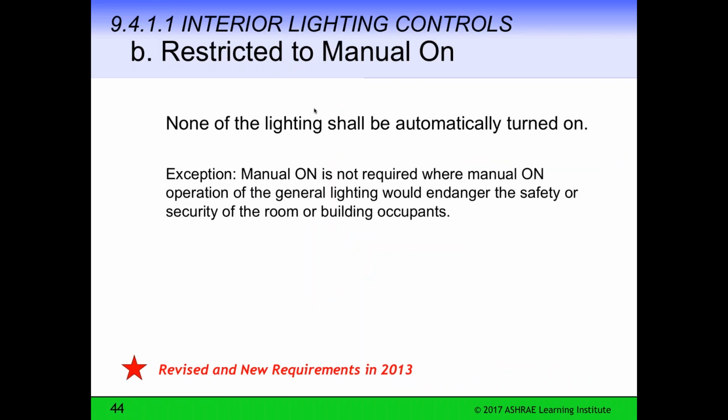The second control, I'm hearing some echoes. Wonder what that is. Anyhow,